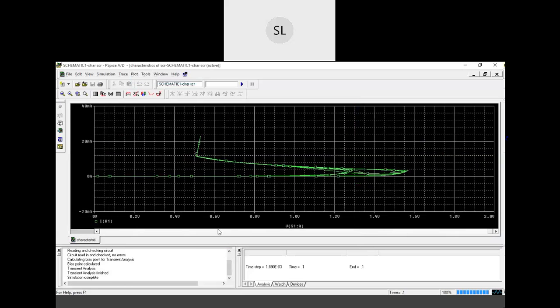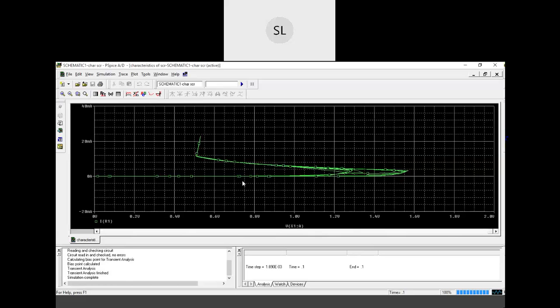Okay, so as we have already studied, see here, you can see on the x-axis there is a voltage across anode and cathode terminal, whereas the y-axis will show you the current flowing through the anode terminal, that is IA. Okay, so VI characteristics of SCR is nothing but what? It is a graph of voltage across anode and cathode versus anode current.